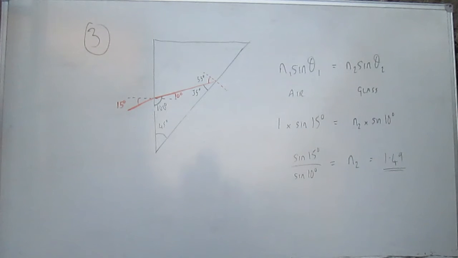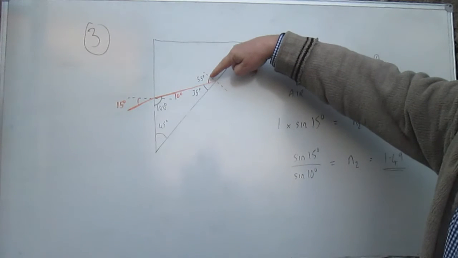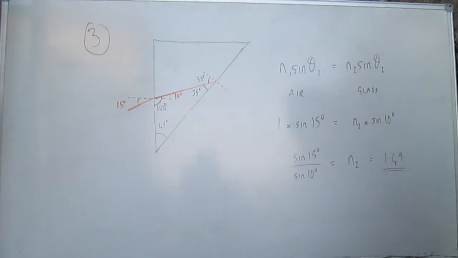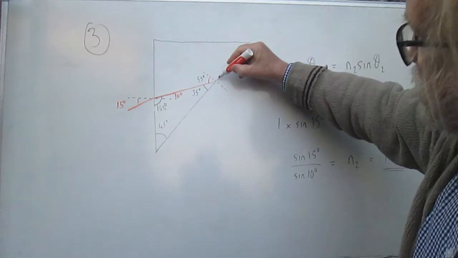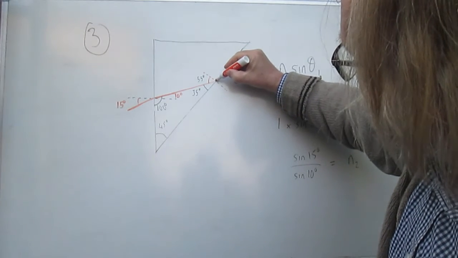So that's what you need to do. You need to figure out your angles like that. And the critical bit of information it gives us is that the critical angle from glass to air is less than 45 degrees. So here we're coming in at 55 degrees, so it's greater than the critical angle. That means we're going to get total internal reflection. So we're going to get this